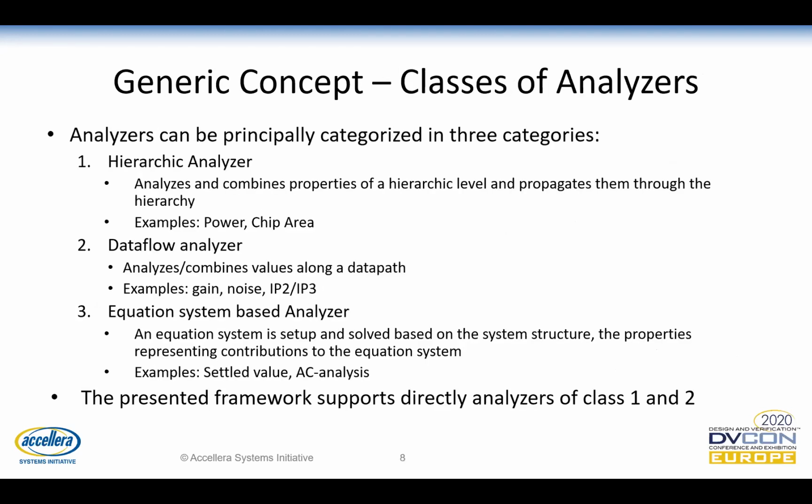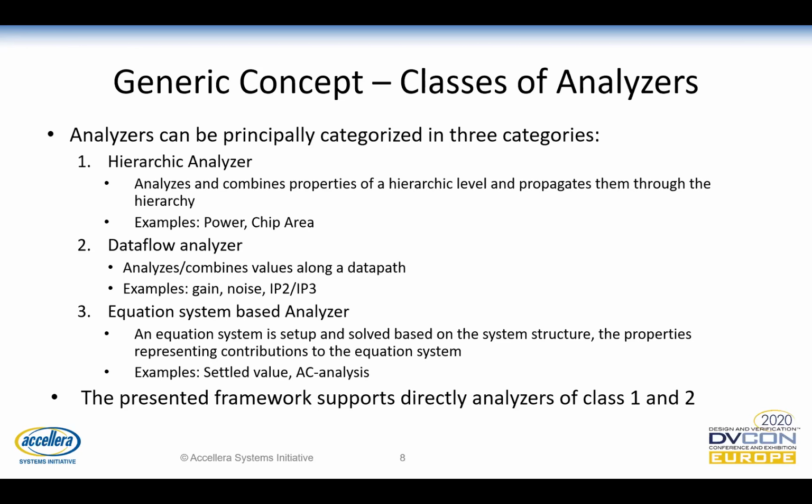After we have attached the attribute, we need a kind of analyzer. We detected that there are maybe three base types of analyzers. One is hierarchic analyzers. This uses the hierarchy for calculating the property. A typical example is the power analyzer, where you have to sum all attributes at one hierarchy level, propagate it to the next hierarchy level, and then sum again and propagate to the next hierarchy level